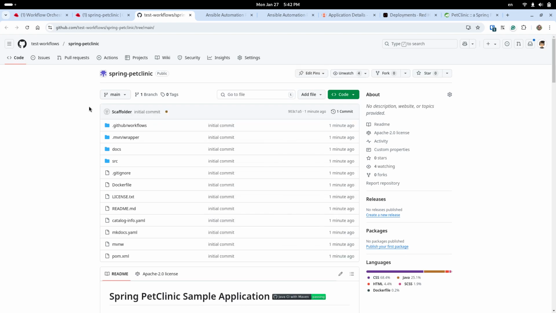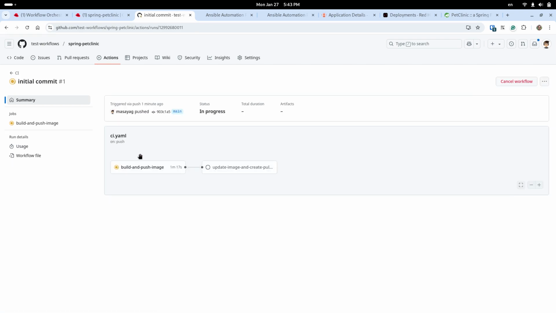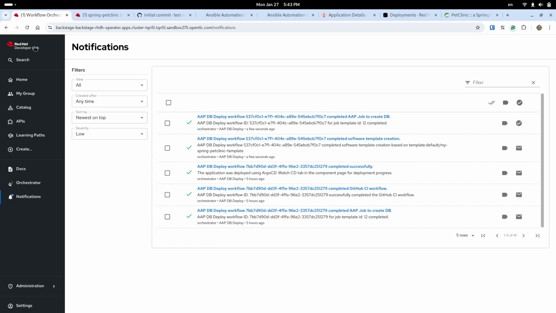So now you can see that the Spring Pet Clinic project was created in the test workflow organization in GitHub, and a GitHub action should be running for building and pushing the image to Quay while the workflow continues running. So the next notification we received is about the